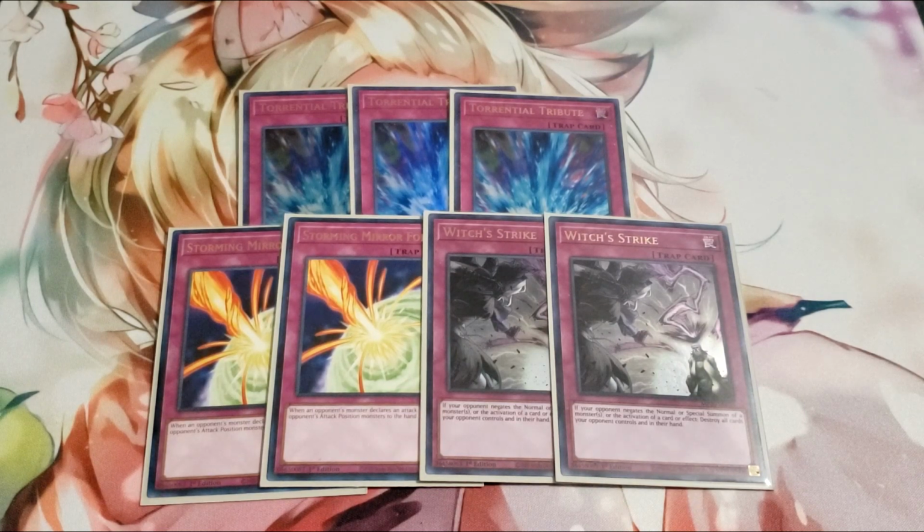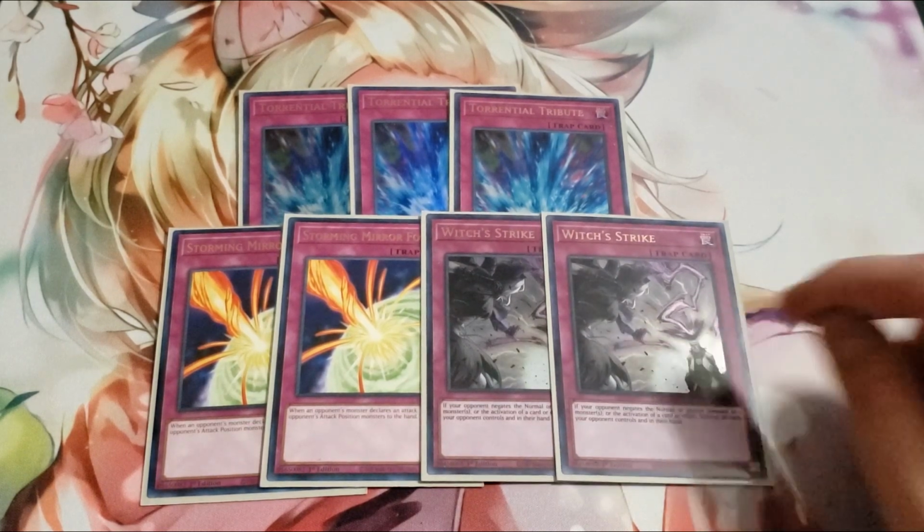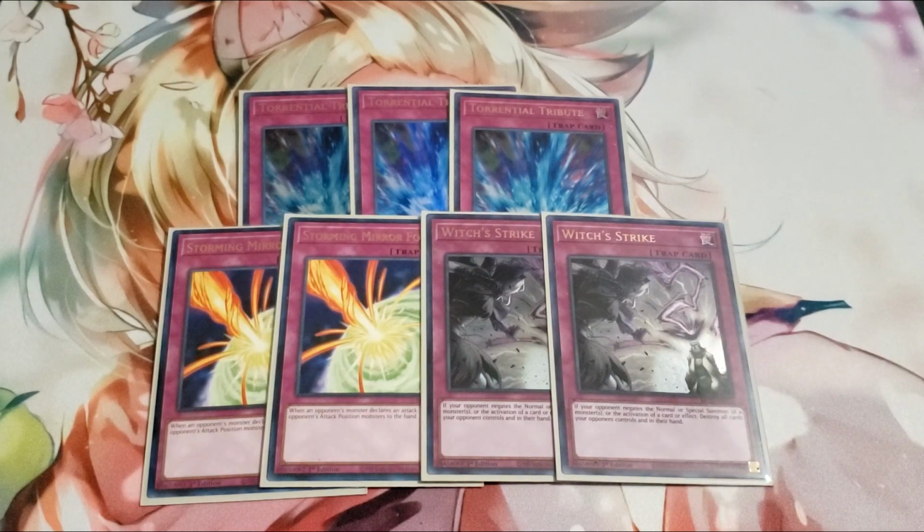But still getting uploaded. When you look at the format as it currently is, Bird Up has Apex Avian and F-Zero, which both negate activations. Tri-Brigade sometimes has Appaloosa, which can negate activations. You look at a deck like Alistair with Mechaba, negates activations. And then you look at Sword Soul, they have Baron, which negates activations. So against every single deck in the meta, Witch's Strike can be activated to a pretty good use,